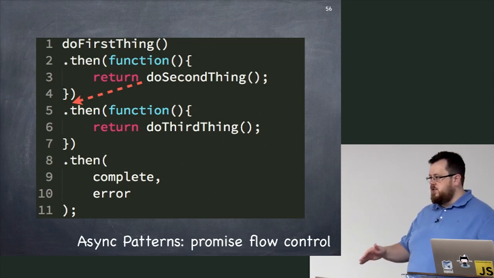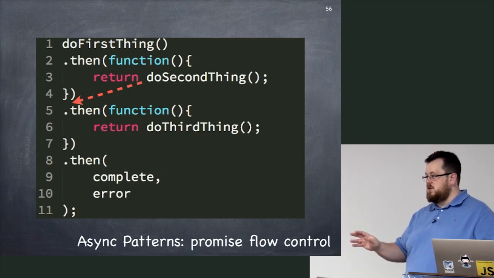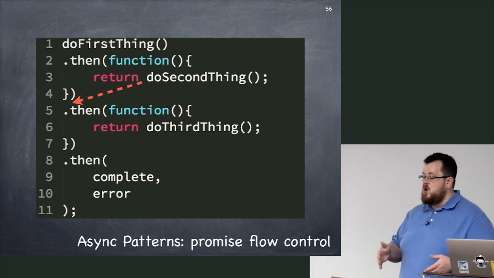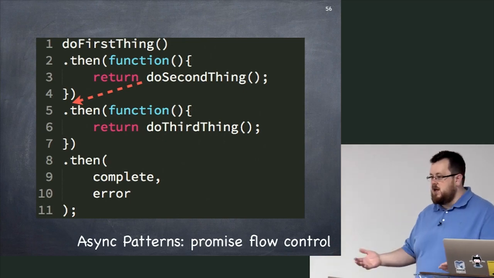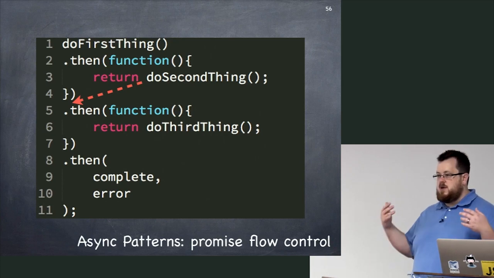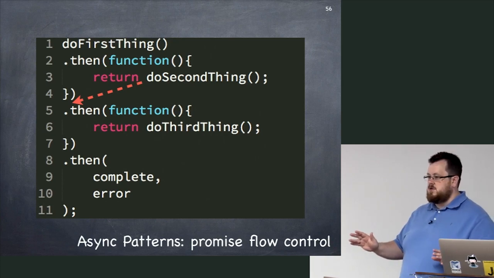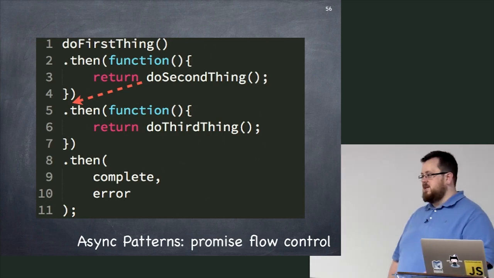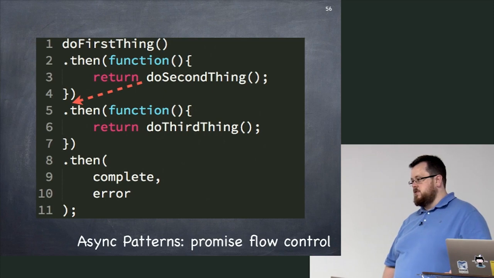That is the least important part of promises. Not unimportant. It's the least important part. In fact, I'll be honest with you, when I first started writing promises, this is all I did. I rewrote all of my asynchronous code using promise chains. I became completely drunk on the idea that that's the right way to write my code. And upon reflection a couple of years later, I don't really use promise chains anymore. It's the least important part. I could take it or leave it.